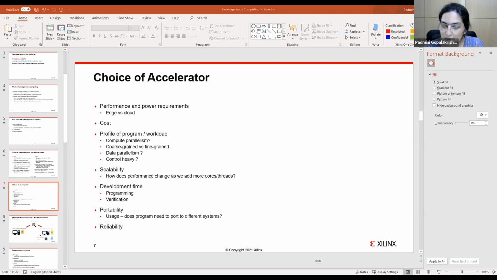With regard to power, power is definitely a consideration at both ends. Now, edge appliances typically run on batteries, so the power requirement needs to be low there. You have to have a battery that runs for a long time. On the cloud, again, there is a requirement. Computing which runs on the cloud can tolerate much higher power per node compared to something that runs on the edge.